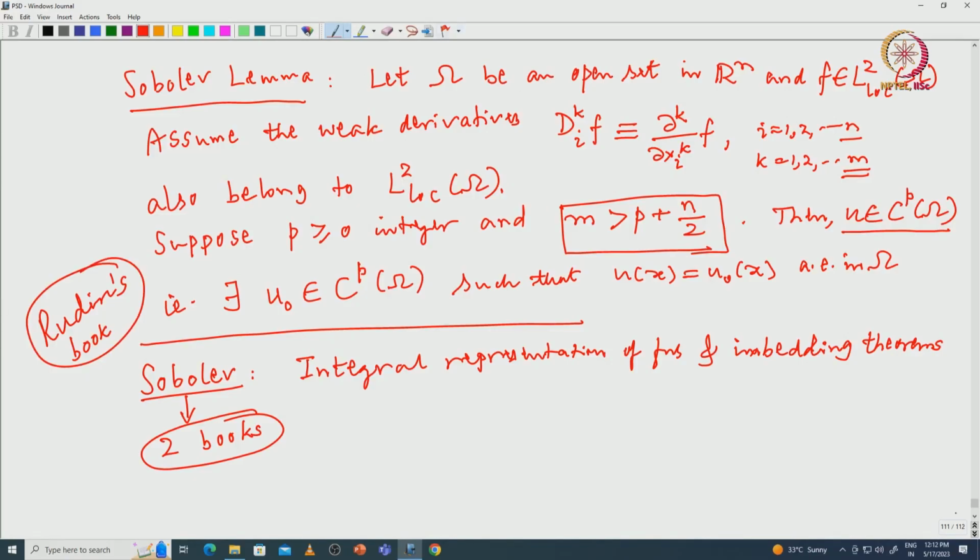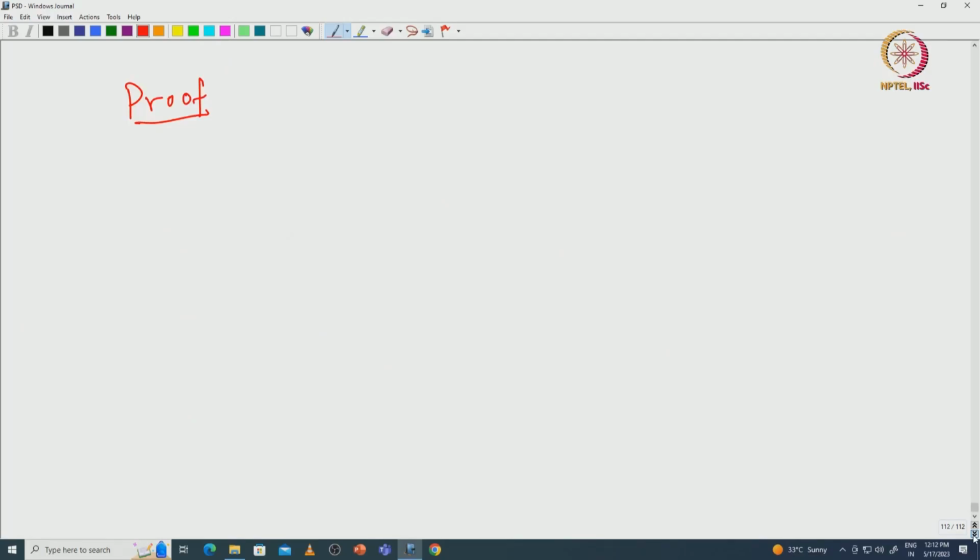Okay. So, let me start that. By hypothesis, so let me just write that. By hypothesis, there exists g_{ik} in L2 loc. So, we are just writing the definition of the distributional derivative, such that